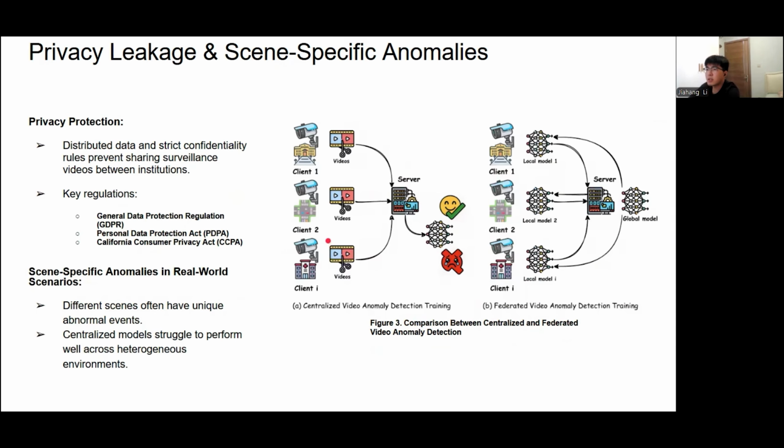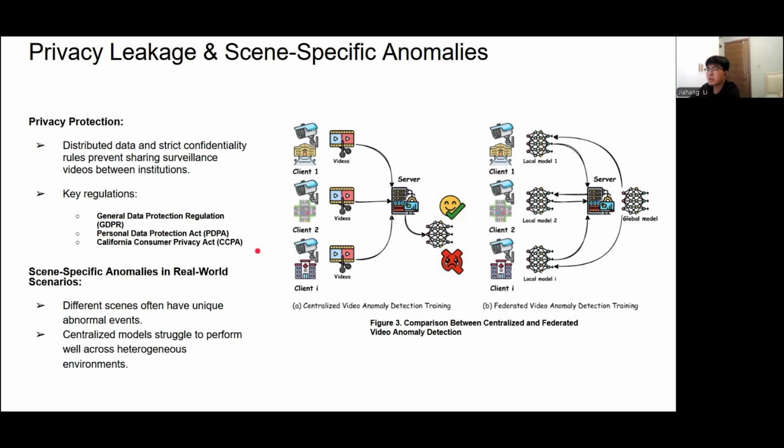And the second challenge is privacy and making it work across many different real-world environments. Currently, most weakly supervised video anomaly detection models use a one-size-fits-all approach.